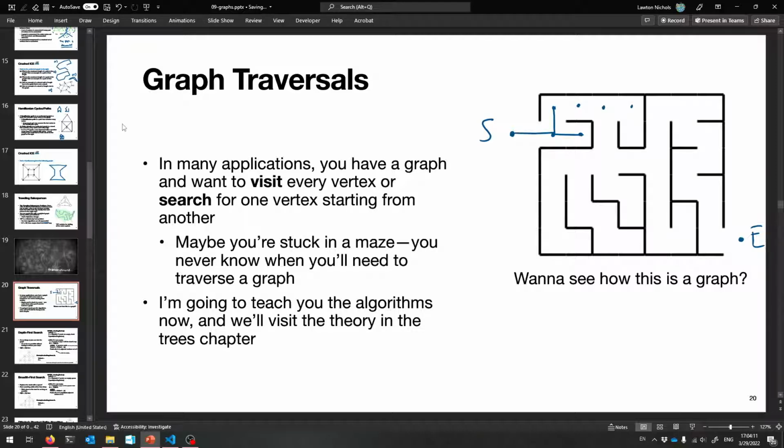I can go in this way, but this is a dead end, right? So we keep on checking, trying all of our possibilities. We get there. Darn, we have to backtrack, go back to somewhere else, try a new possibility, and that will lead us here. But do you see how this is a graph? And it will allow us to explore if we try all the possibilities. Like you can go this way, go this way, go this way, and eventually you're going to find your way out, right? Maybe you look this way a little bit, try going this way, but it leads you to a